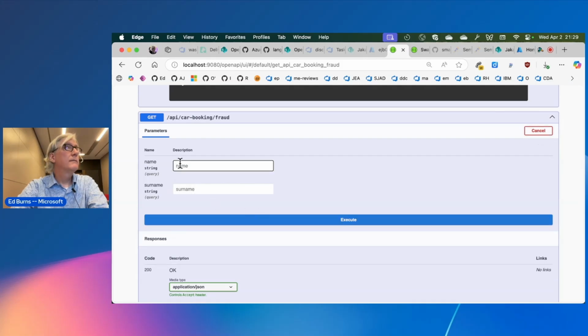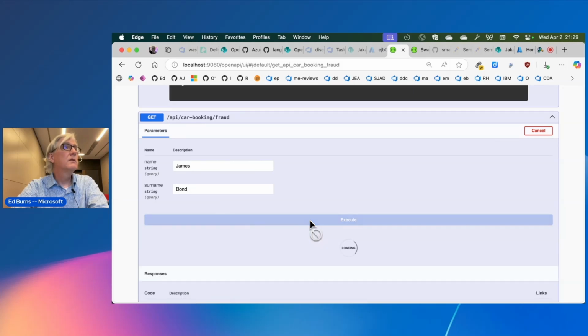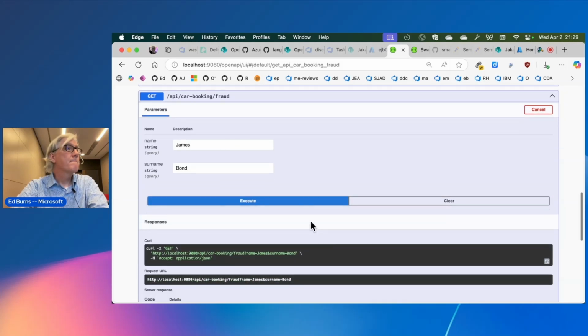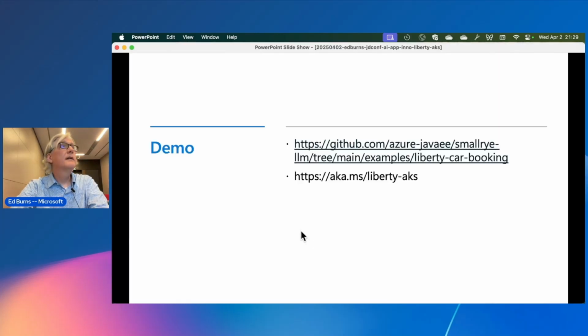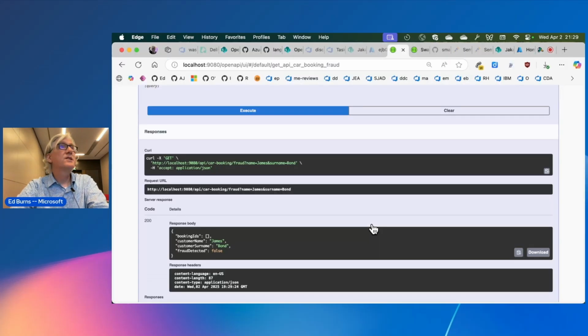Okay, name is James Bond, and I'll click execute. And no fraud detected, that's right. Okay, so we're getting close to the end of our time here together today. So let me go back and get our summary. Oh, no, I'm sorry. I forgot to go and try the deployment step. So as I mentioned, I was going to stub this out because it is very simple to deploy it.